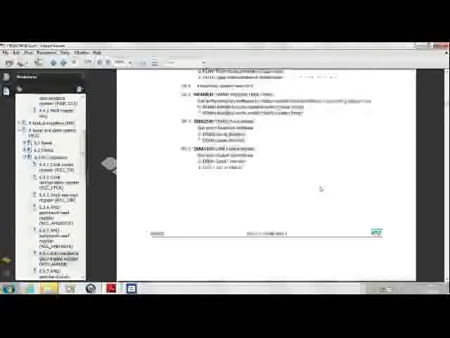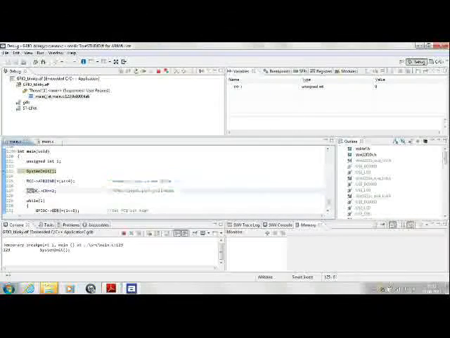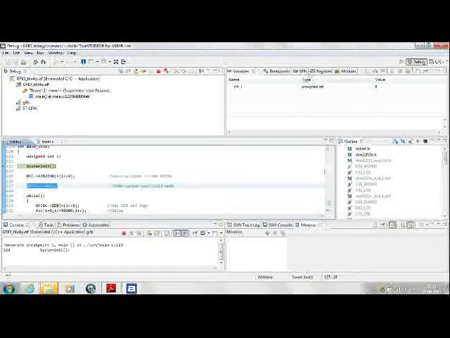Here we see that if we just go down, the APB2 peripheral clock enable register, in which the 4th bit, if written high, will allow the clock to be provided to the port C. If we don't do this, none of the updates that we do to the registers corresponding to port C will be updated.